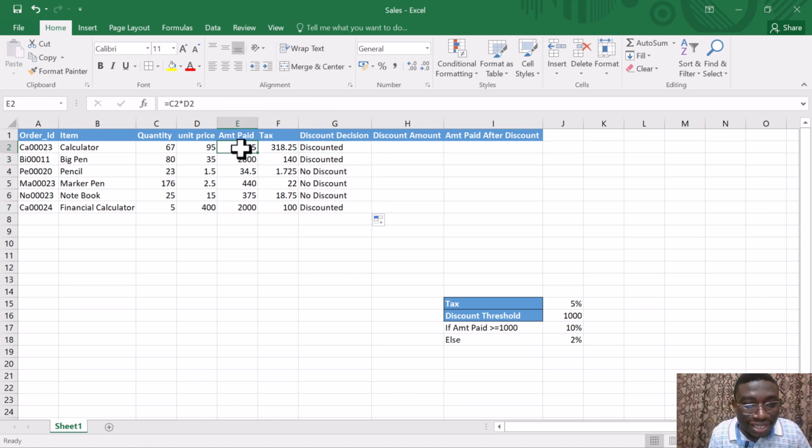So this 6,365 is greater than 1,000, so discounted. But we check this 34.50. That's less than 1,000, so no discount. There is no discount. This is discounted. So in a situation whereby, let's say, which item can I increase the price, assuming that notebook